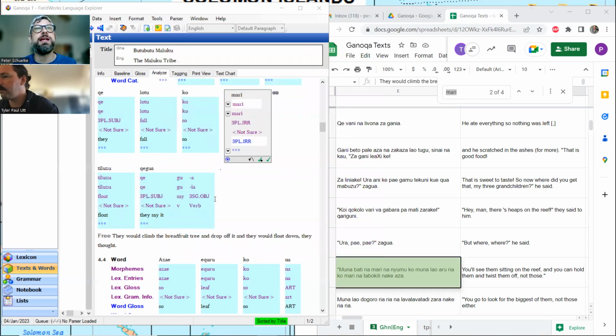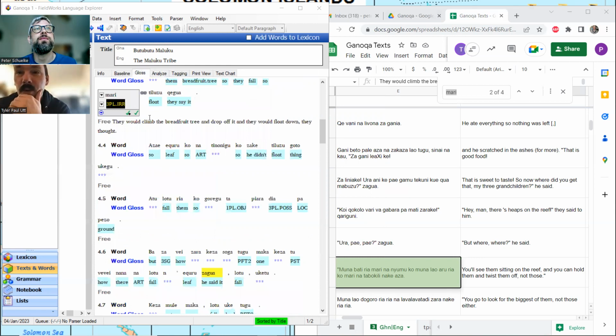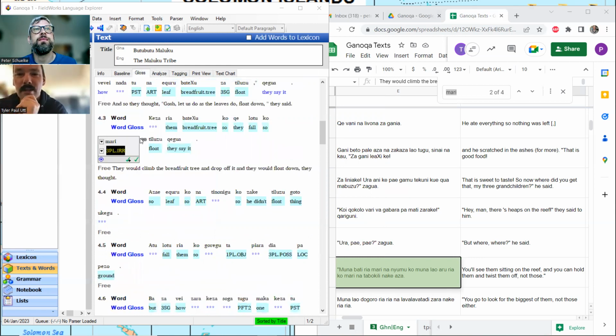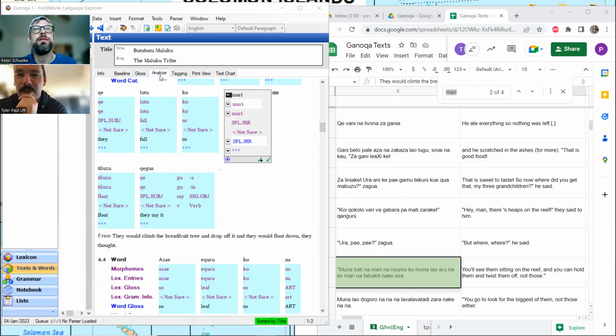So what we've got is 3PL subject. It's probably not 3PL subject. It's probably something like realis. And this ria that we're seeing is probably literally a neutral 3PL and can be used as object or subject. Fantastic. Okay, with that being created, let's put in the word gloss they'd, because we have a single word form in English that conveys that too. They would, they'd. Let's teach it that one so when we see it again. All right, I dig it.